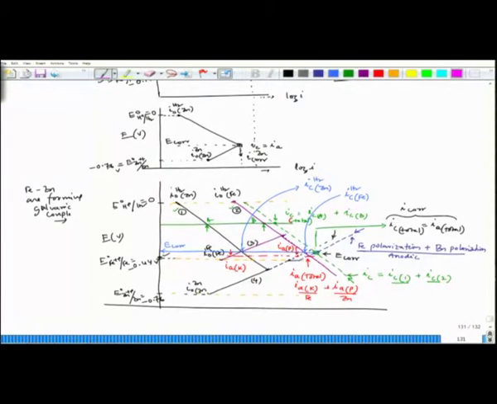Similarly, this particular point is cutting this particular line, and here it is cutting the black line corresponding to this line. So, that is what they are, our two current densities for cathodic polarization, and similarly